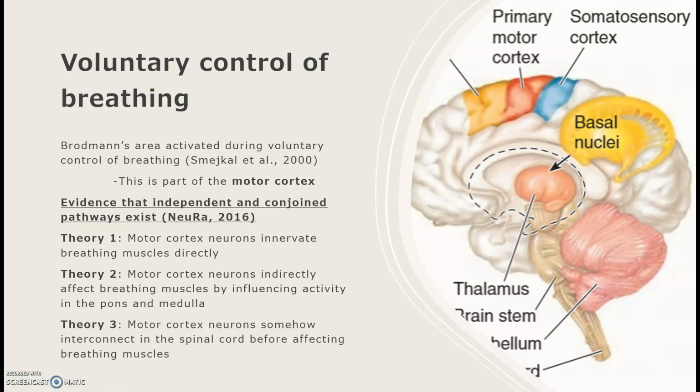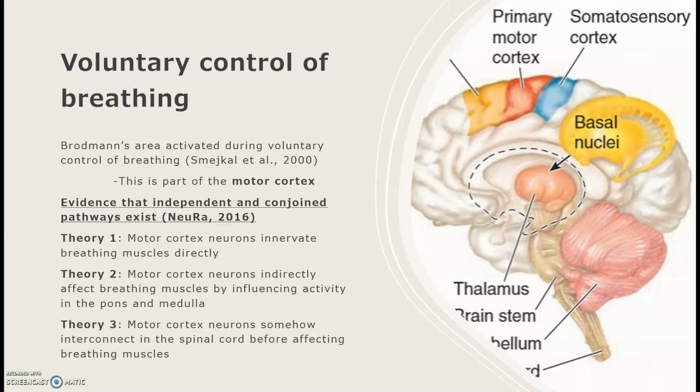And finally, we're looking at the voluntary control of breathing. So not autonomic anymore, but this is voluntary. This is coming from the motor cortex, and this is the primary thing that's happening right now as I'm talking. So Brodmann's area, we've talked about this in the past, inside of the motor cortex, this is dealing with active movement of your muscles. So obviously, if you want to, you can breathe in actively.